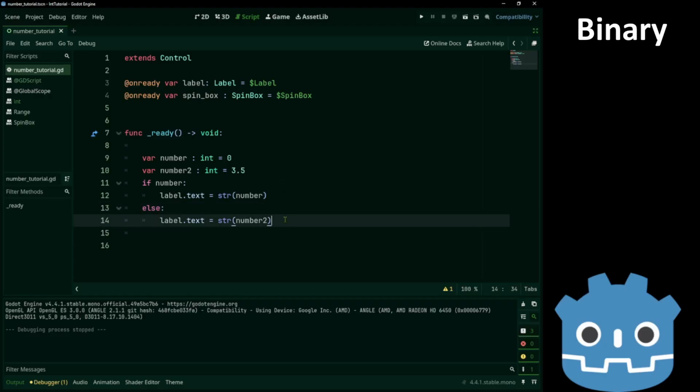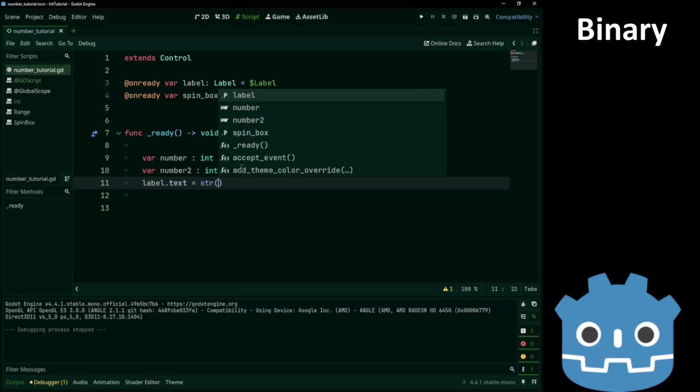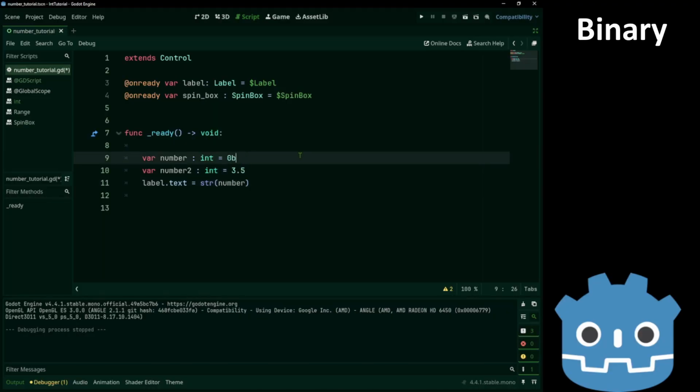Okay, let's use a binary number here. We type 0b in front of the binary. So 0b101 is 1 times 1 plus 2 times 0 plus 4 times 1. That is the number 5.